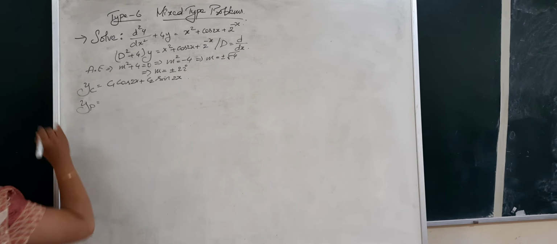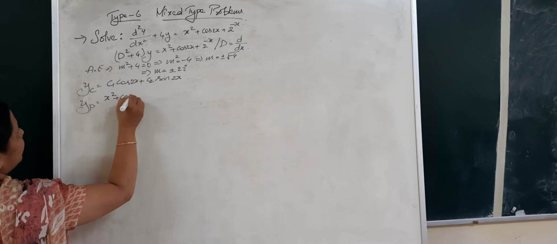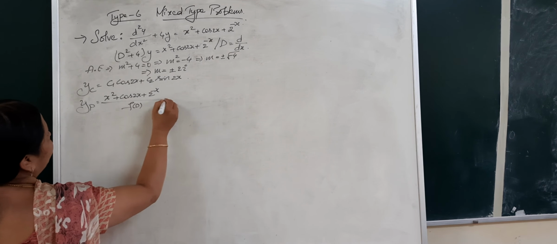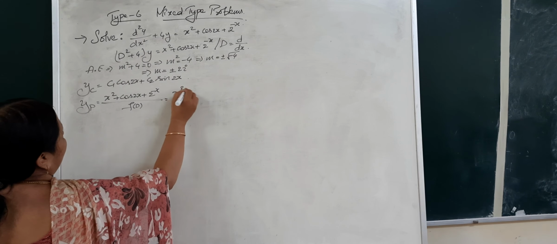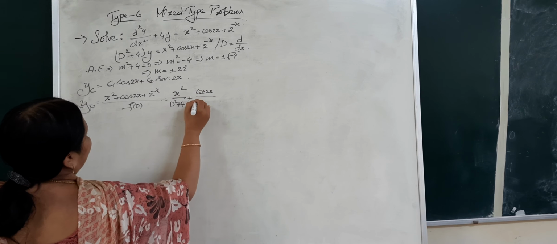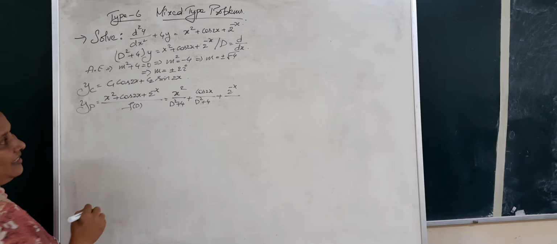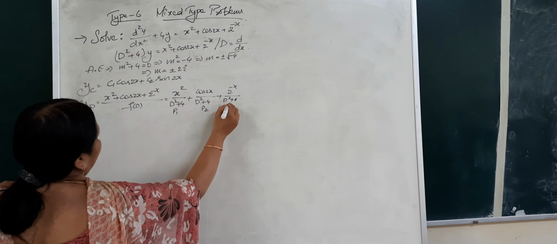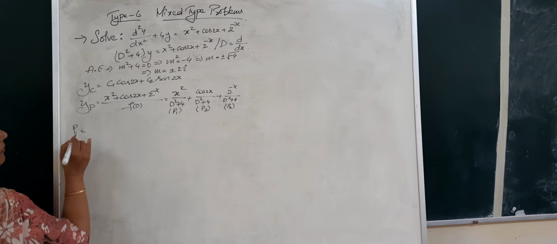Next, coming to the major part here, our yp, which has 3 terms, (x square plus cos 2x plus 2 to the power minus x), the whole divided by f of D. You got to split it into 3 terms, 3 parts. F of D is D square plus 4, so x square by D square plus 4 plus cos 2x by D square plus 4. And coming to the last part, 2 to the power minus x divided by D square plus 4. Let us assume P1, P2 and P3 and solve each of them separately.